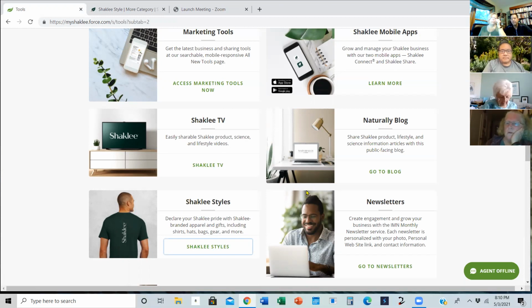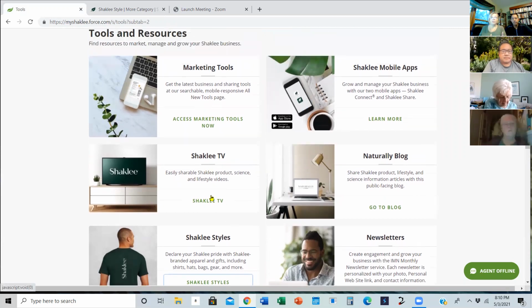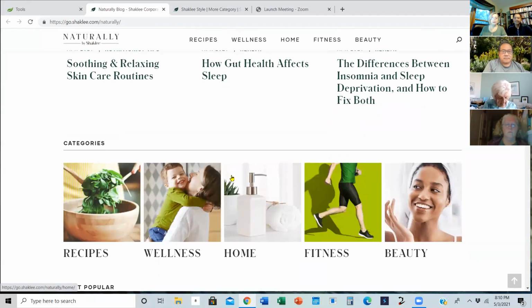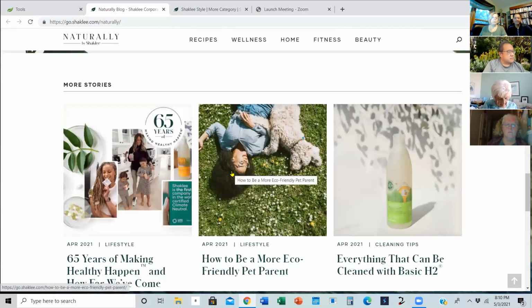You can just send me, we'll talk offline, but it's just a little Excel spreadsheet. And I think it's their name and their email and their phone number. And then I'll send it to them and they will input everything. That's part of the reason I use them, because they do a lot of that work for me. Nice. But Shaklee TV is powerful. We've already been there. We saw some of that. I really recommend you guys go in and explore Shaklee TV, find out as much as you can. The Naturally blog. I shared one of the posts from the Naturally blog this week. Which one was it? Well, it's on my Facebook page.